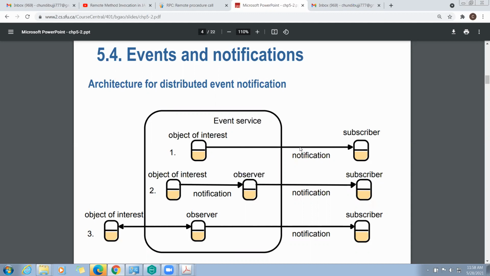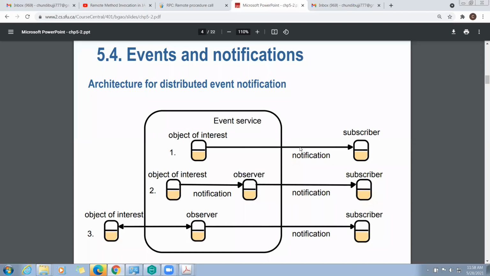If you are not subscribed to a particular object, even if any modifications or updates happen in it, you don't receive notifications. Whatever you have subscribed for, only for that will you get the notifications.